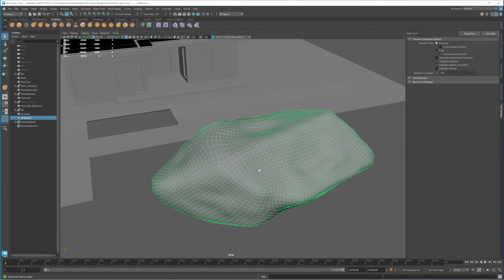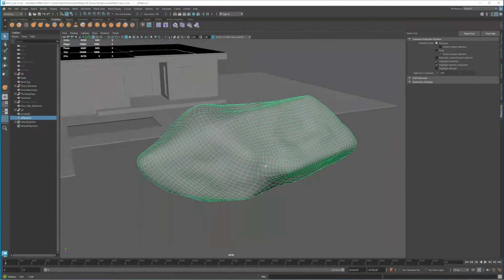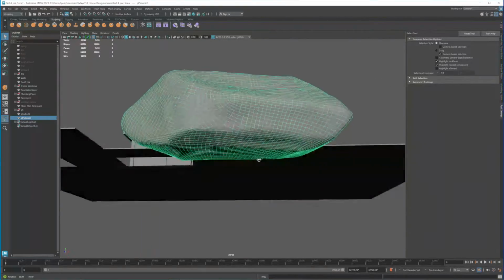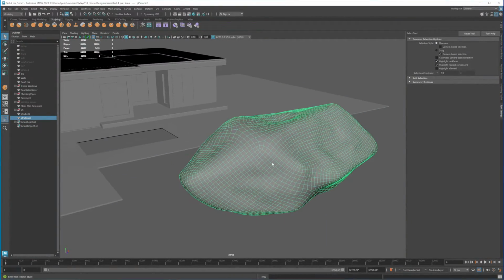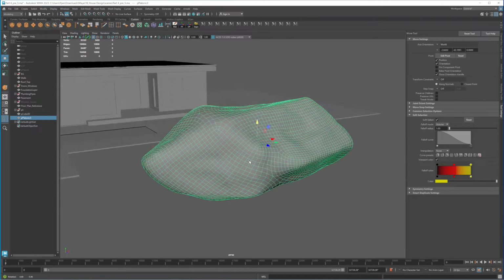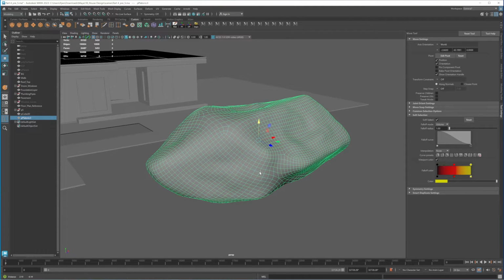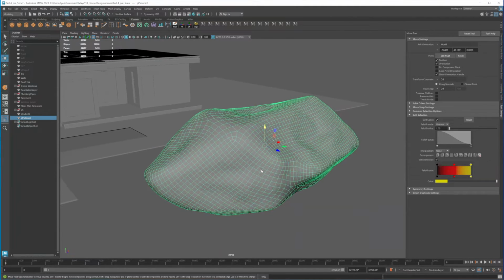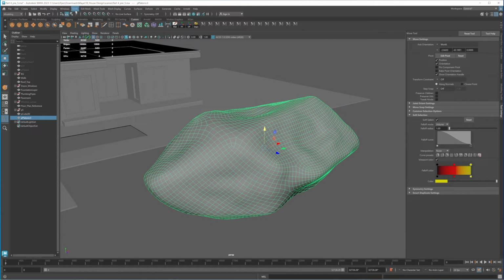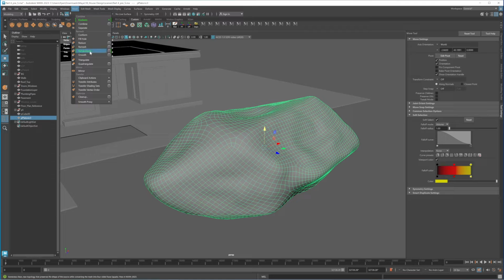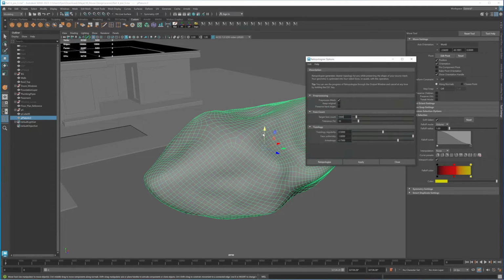So press Q again. So now we need to, okay, so delete history, freeze transformation, and center the pivot. So the next thing we need to do now is let's go back to mesh and retopologize again.